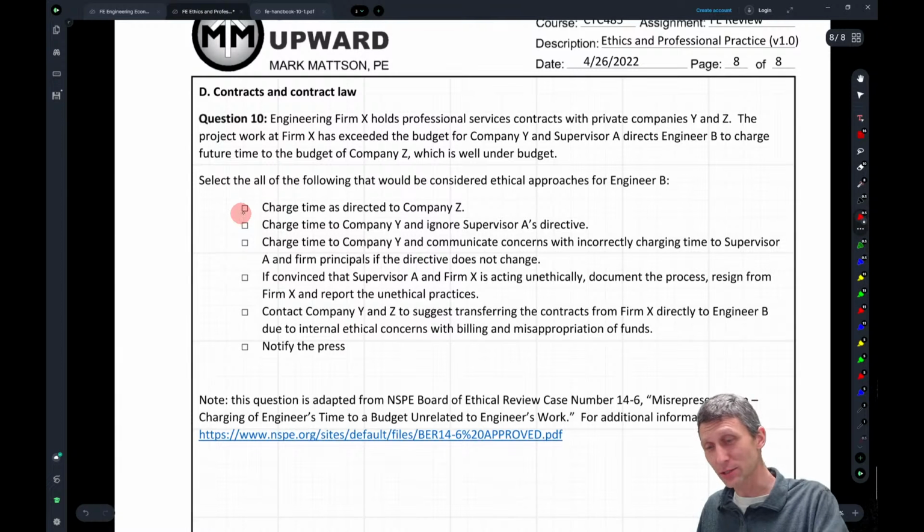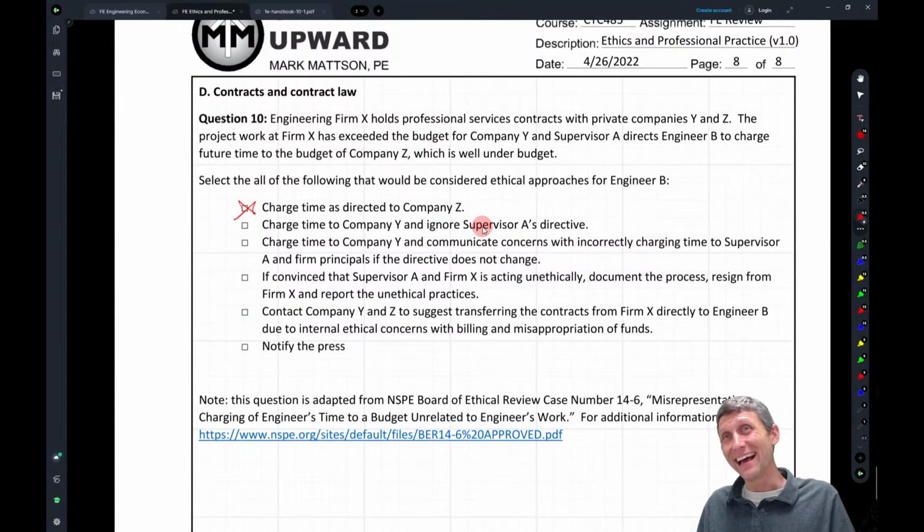Just resist, right? Don't do it. It's unethical. Don't do it. Okay, just charge time to company Y and just ignore him. I mean, the guy's going to get fired anyway. Let's just ignore him. Honestly,